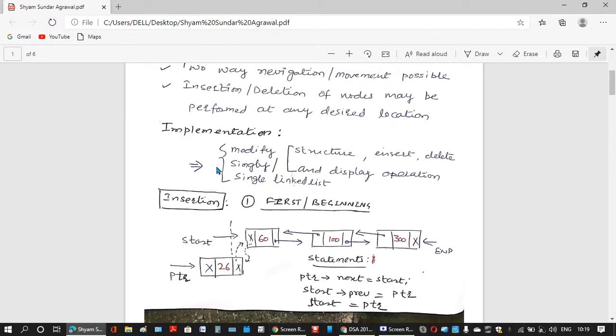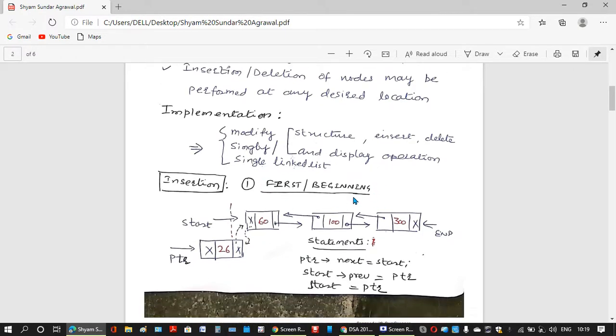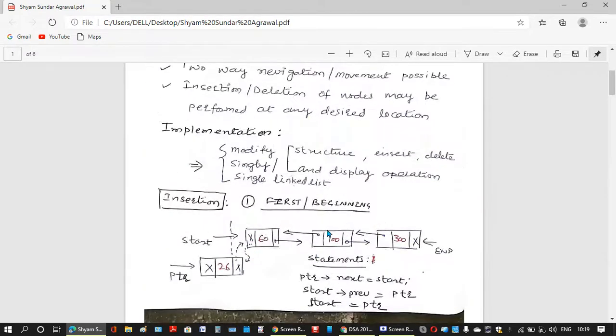Now, how to insert in a doubly linked list? Say it is the case of the beginning, that means the new node is to be inserted in the beginning. So you take this diagram. Now you put your new node here. Your new node is pointed to by PTR. How will the new node be created?